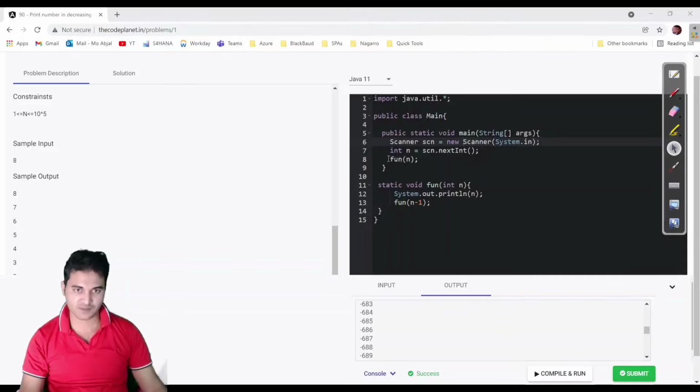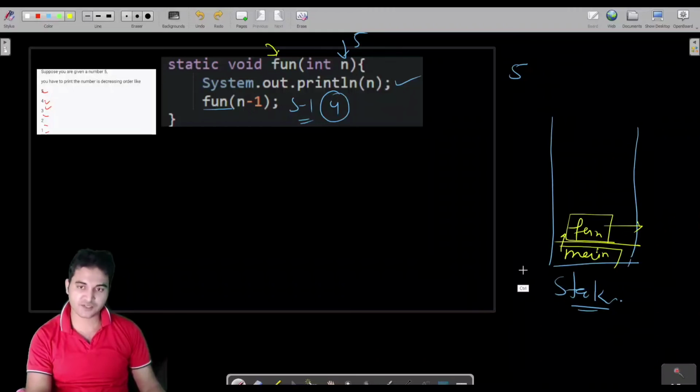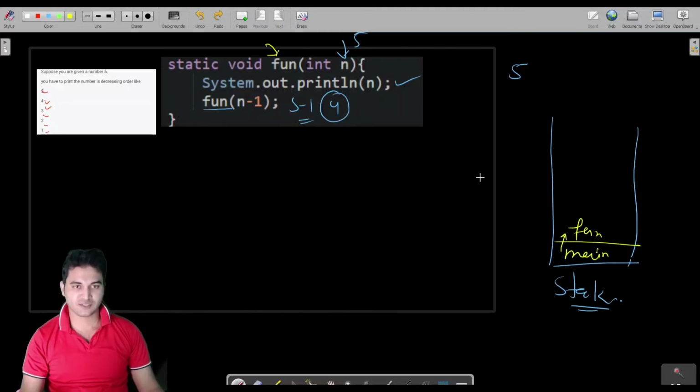You can see here this function we have called from the main function. So this function would be loaded above the main function. Until this function is over, this main method will not be over. If it is not clear to you, then let me explain once more. When we call a function, that function is assigned into the stack, and when the execution of the function is finished, the function is popped out from the stack. Fine. So this is how functions are called in Java.